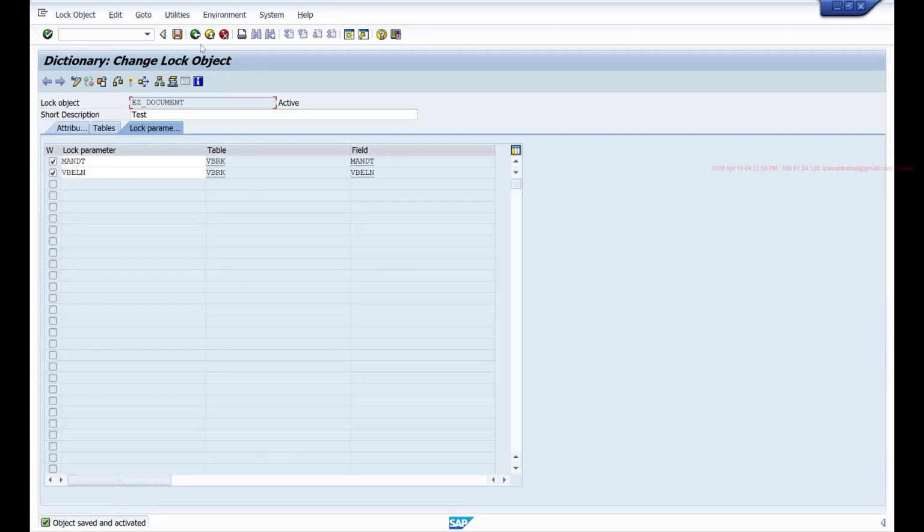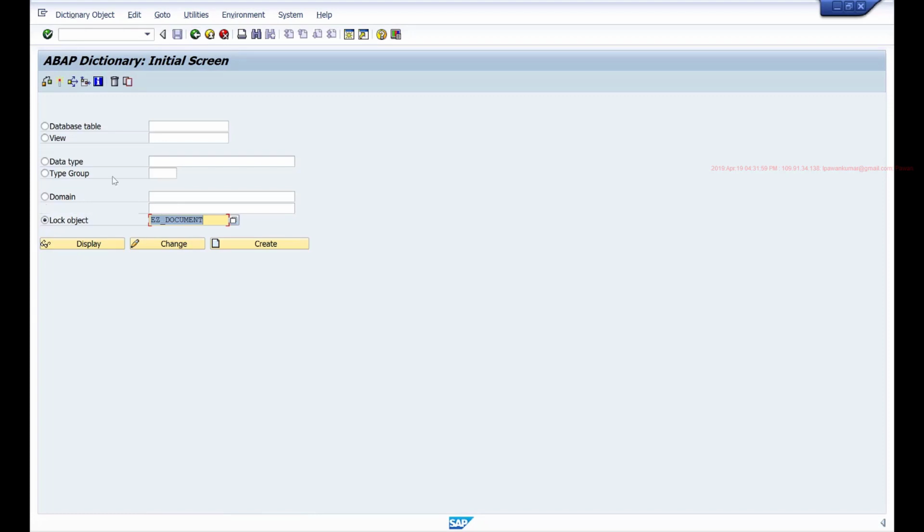So in this section, we have actually discussed all of the stuff you can do in your ABAP dictionary. We've seen how to create database tables, views, type groups, search helps, and lock objects. Data types and domains we've already discussed previously. So you pretty much know everything that is possible using the ABAP dictionary.